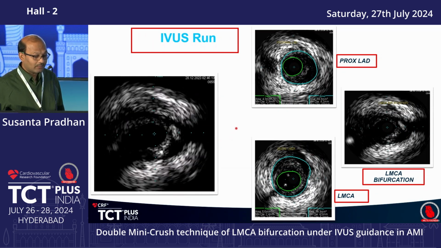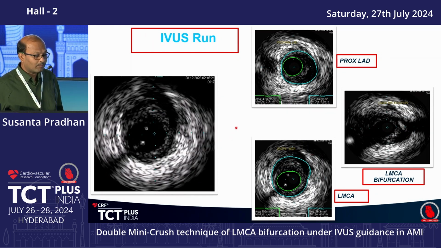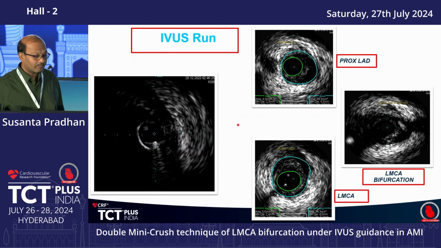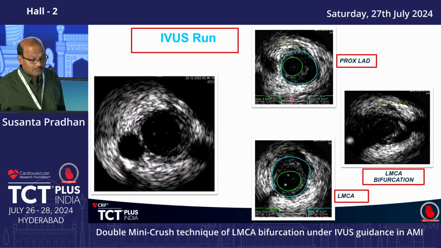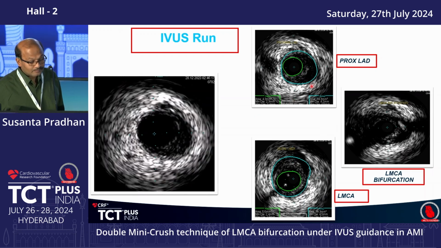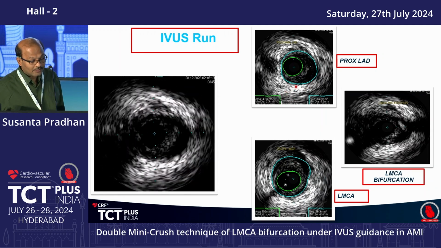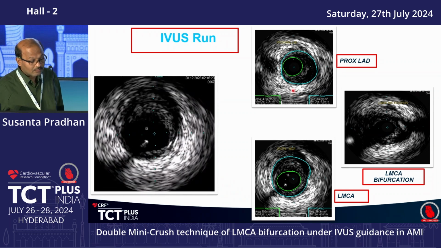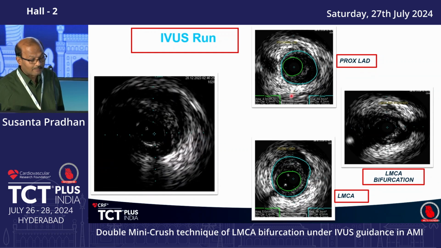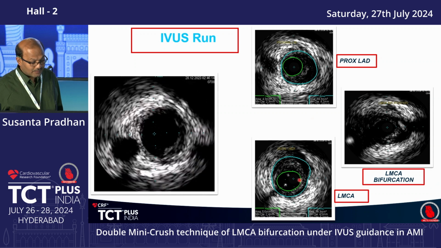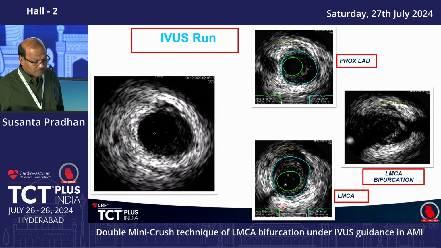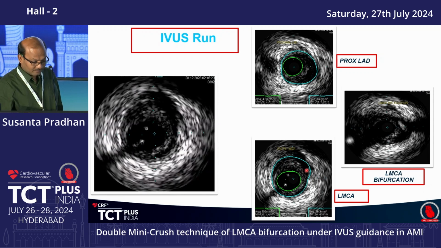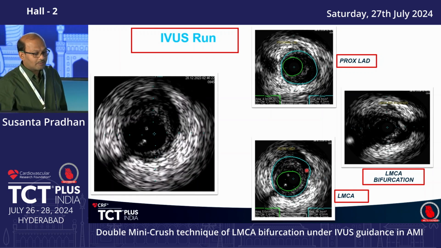There is fibrofatty plaque involving proximal LAD, also there is left main significant plaque burden, and in the proximal LAD the MLA is 4.3 and diameter is 2.3, and the left main MLA is 5.6 with significant plaque burden. After this IVUS run,